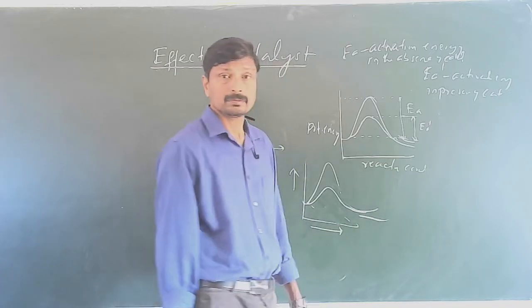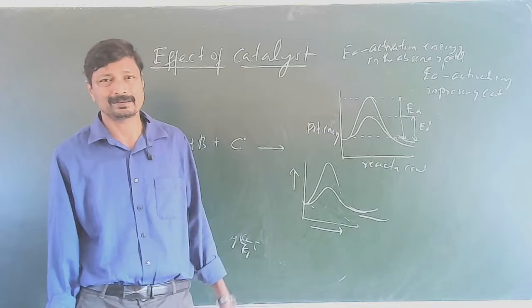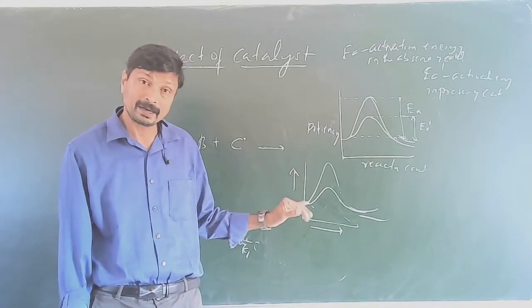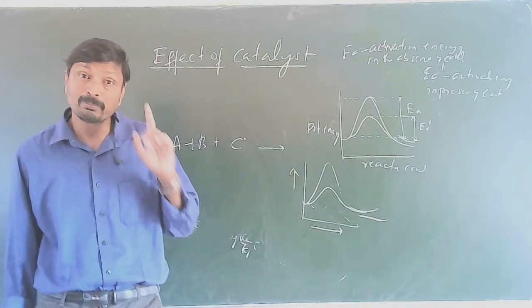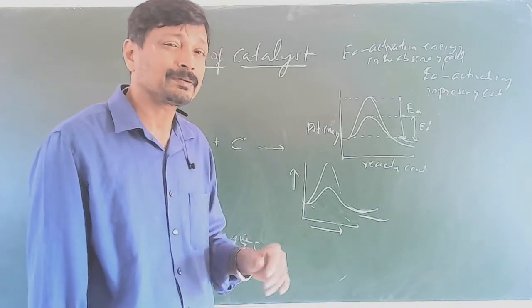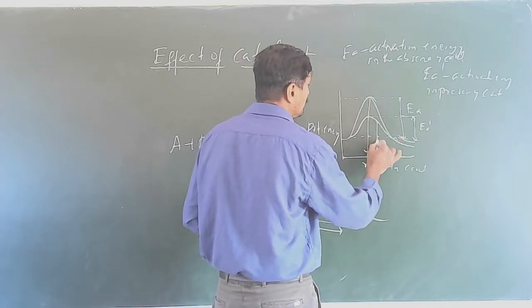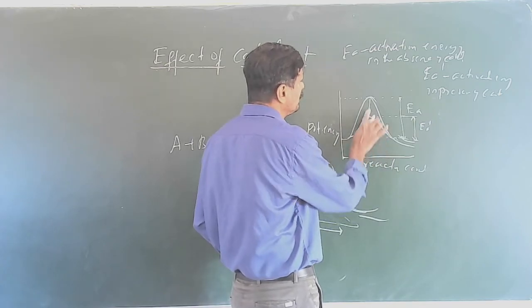So, no. This graph has no meaning. It's just lines, unless you explain what the y-axis and x-axis are, and what this height and this height are. But actually, remember, what is this activation energy? Many students show the activation energy from this height or that height, any height. So what actually is the activation energy?